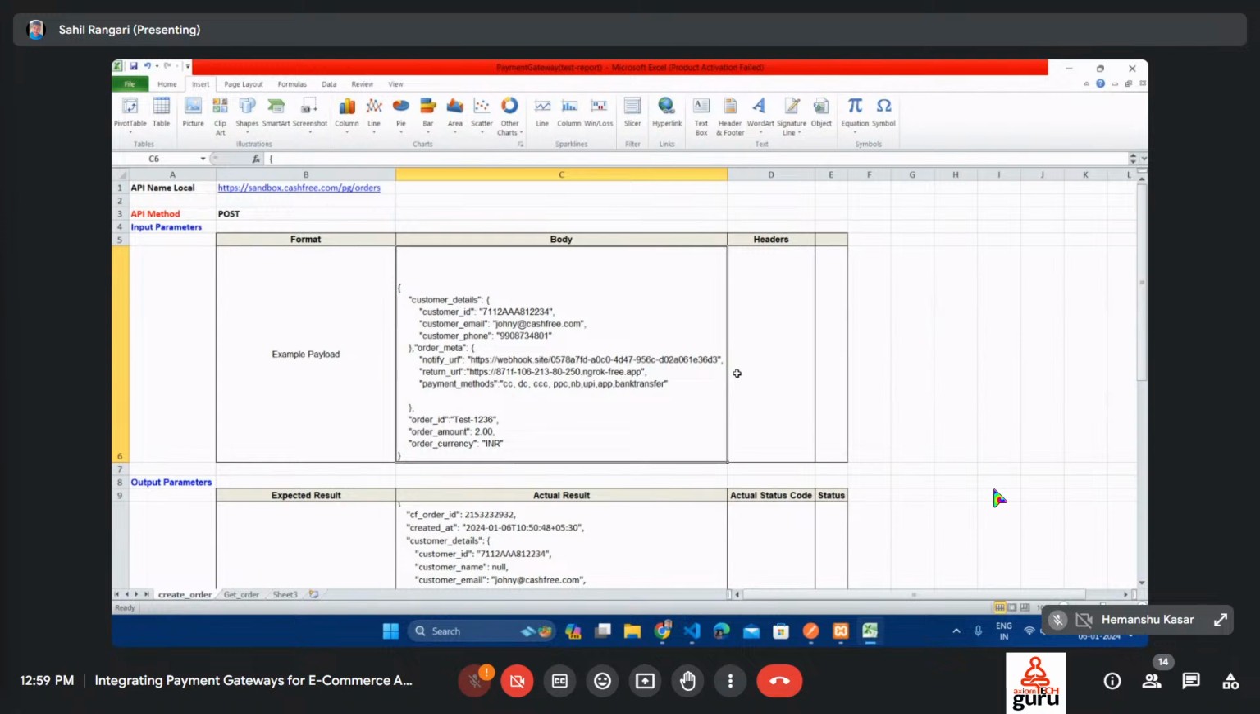The headers will be empty here. But when we go with Postman, there are headers where we have to add the credentials for cashfree.com. We have an ID and the secret key we have to enter there. For that I will explain. And then